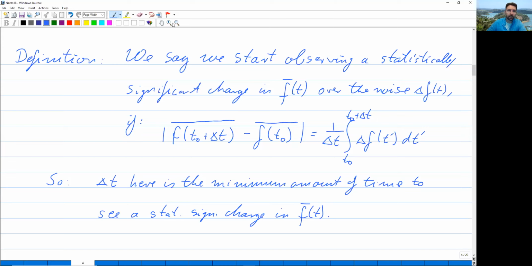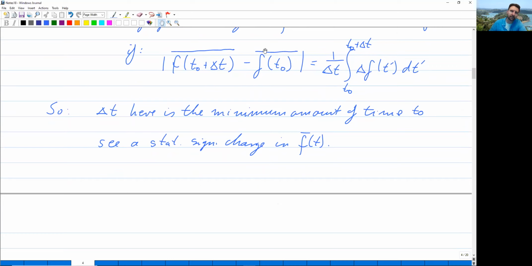And let's just write out what the delta t is by taking this equation here and putting the delta t on the left and dividing by that expression, namely